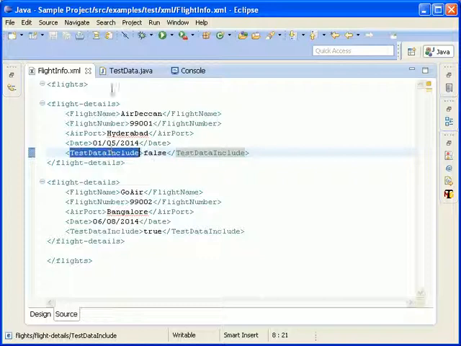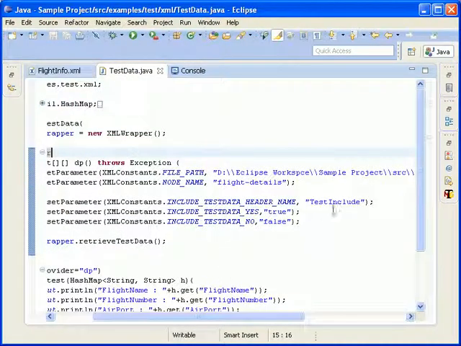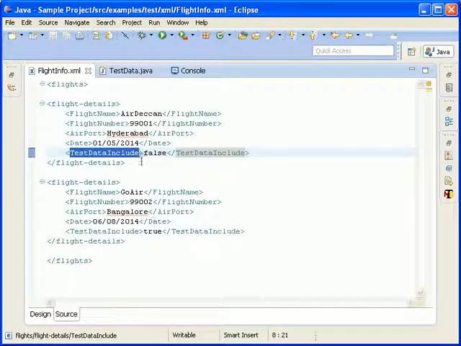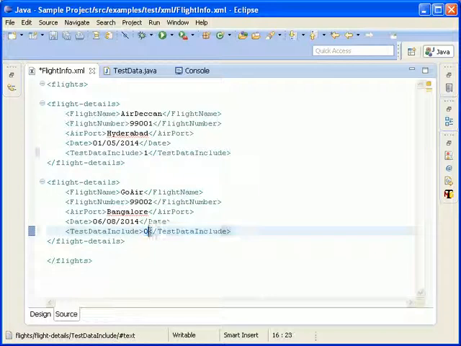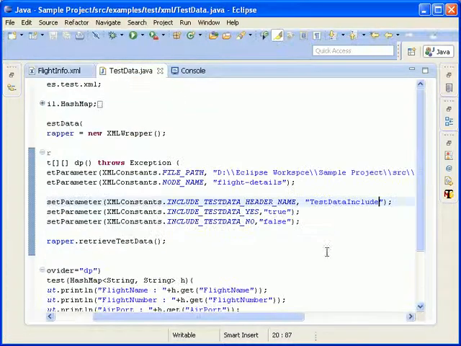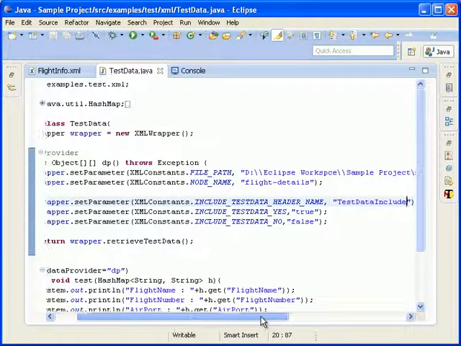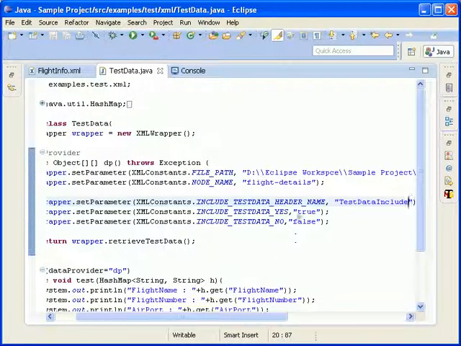Copy this one XML element for the header name. Just place the test include header name, the data header name. Say instead of true or false, I want to say one means true and zero means false. The same thing I need to specify for the parameter so that the data-driven framework knows which one to include and which one to ignore. Whatever the value you set for true is considered by the data-driven framework, and whatever you set for false, the data is ignored.